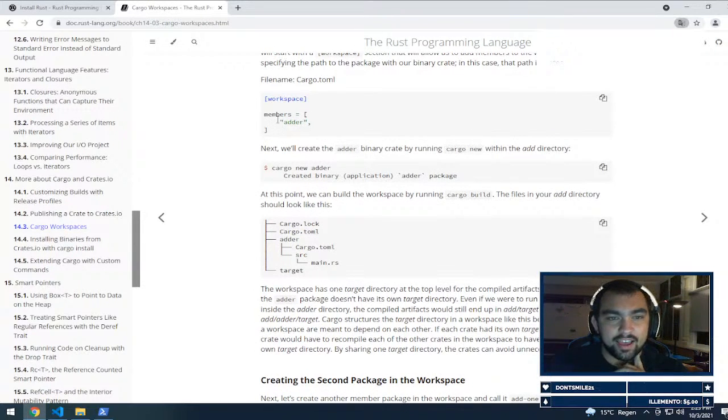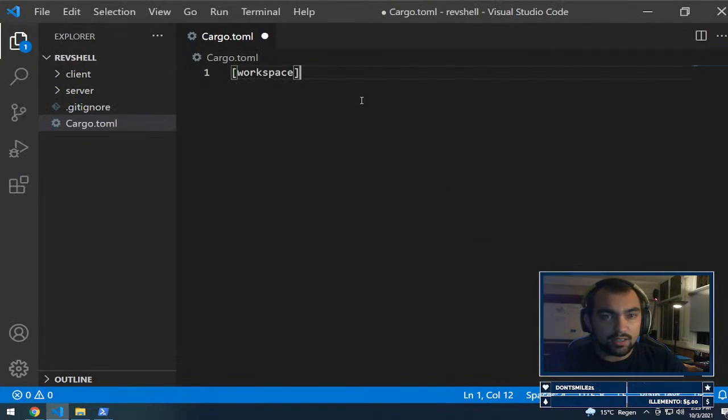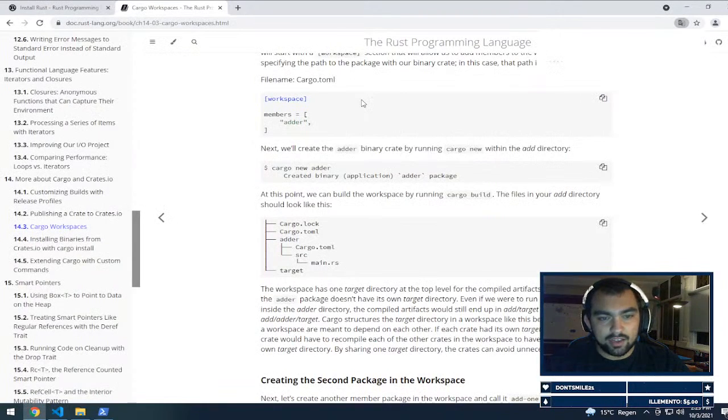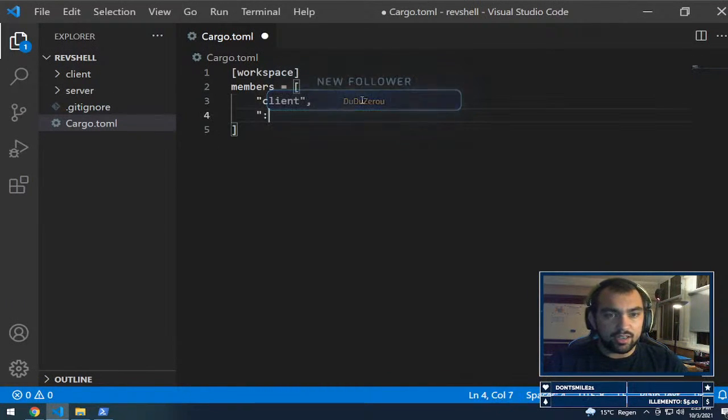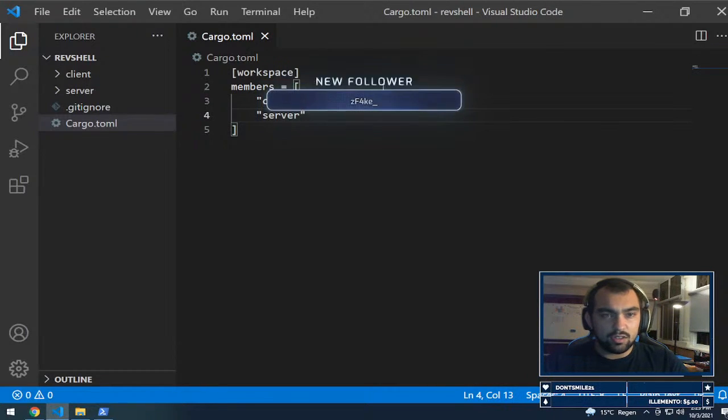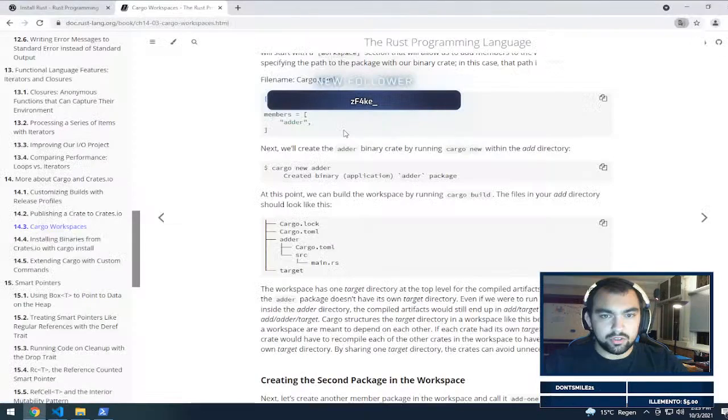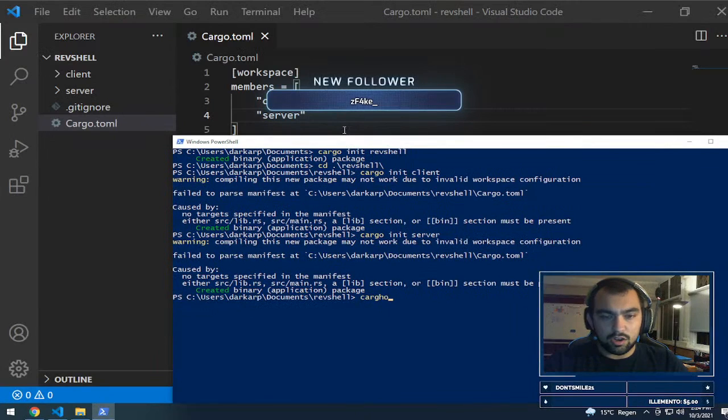Oh, this is it. Okay, so workspace. Yeah, so we just list all the members. So I can say members equals this, and I will just put client and server. Is that how it works? Does this work? So if I now do cargo build,